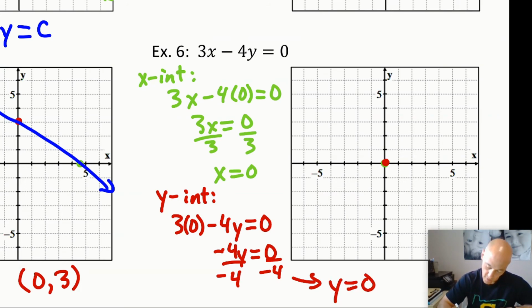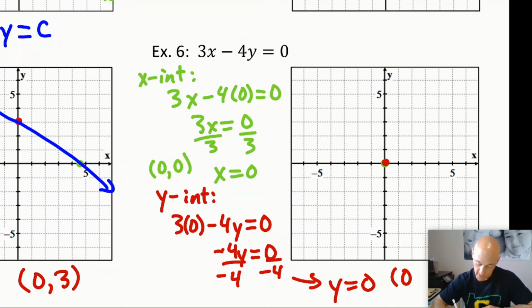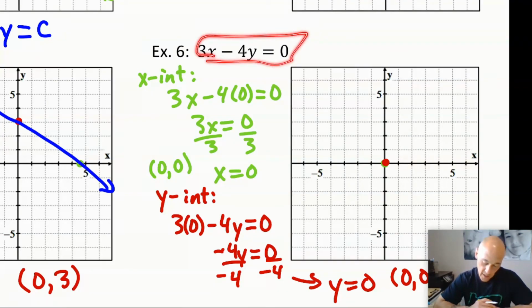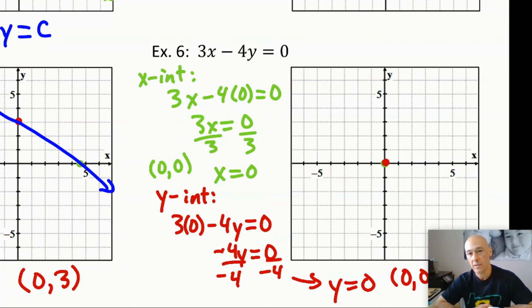So that goes right on top. Here I added the point 0, 0, and here I also have the point 0, 0. So this is an unusual situation where I can't really graph